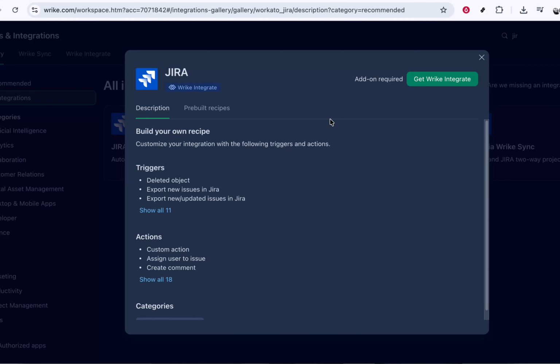If you see this upgrade message, you have two options. You can talk to your Wrike account admin or your internal IT or operations team about upgrading the workspace to a business plan, or you can pause here and come back once the upgrade is complete. After upgrading, you would return to the same